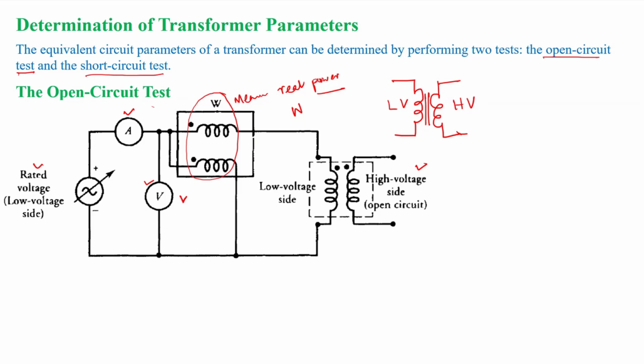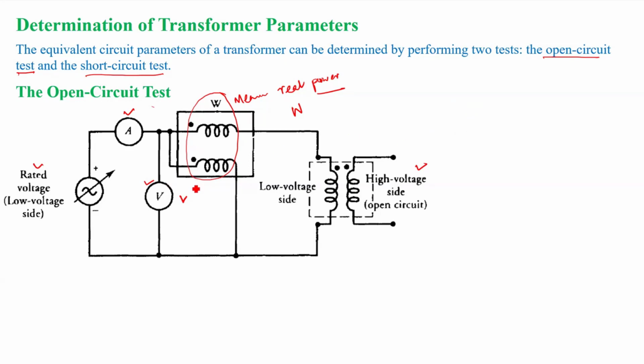So the primary side will be the one we connect to the source, and the secondary side will be the one we connect to the load, right? Your high voltage side can become primary, or the low voltage side can become primary, or the high voltage side can become secondary and the low voltage side can become secondary, right? It is based upon our requirement and connection. Okay. So now